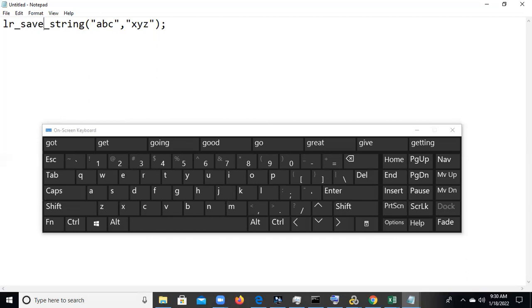That variable is declared as int ABC, but I need to save it as a LoadRunner variable, because LoadRunner does not understand our current variable. So we need to convert that variable to a LoadRunner variable. We need to write the function LR save string. Then it assigns a value to the LR variable.